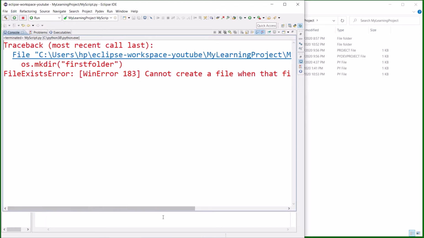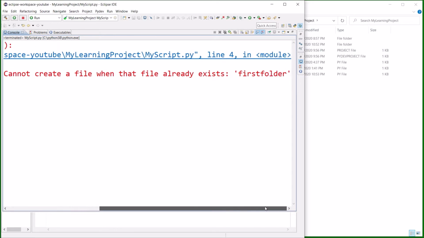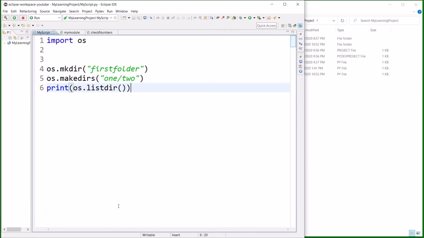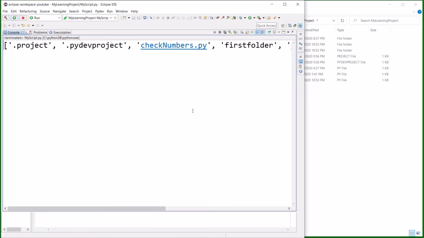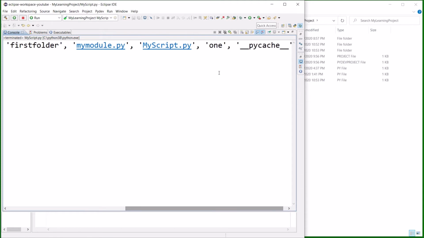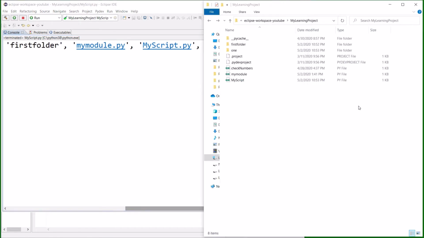Okay, I have already created this one. So let me comment out this, then execute. And as you can see, just look at here, the one is available, and within one there is another folder